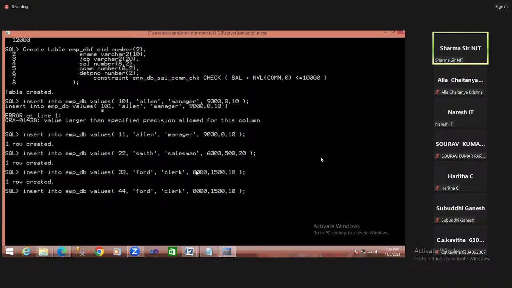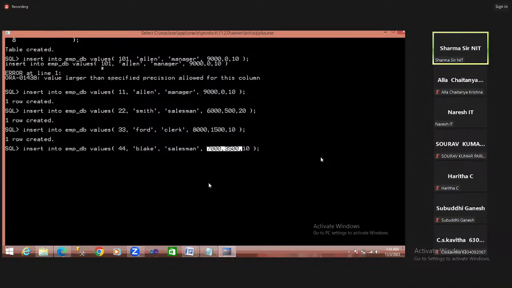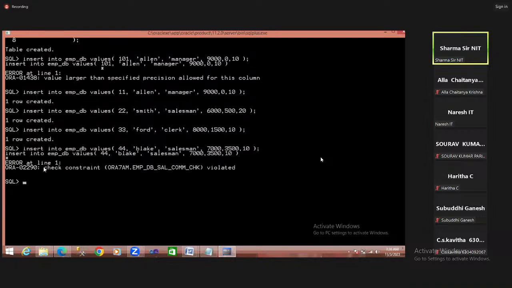Next, employee name is Blake. He's a salesman. Salary 7,000 rupees, commission is 3,500. How much now? 3,500 plus 7,000, 10,500. Observe this. Check constraint is violated, so your record is not accepted. And also, whenever I give this